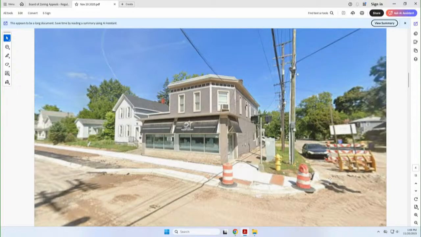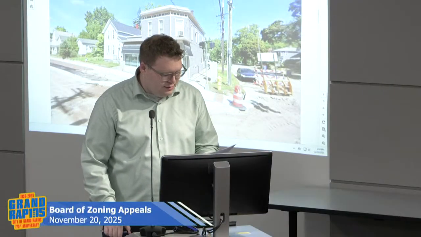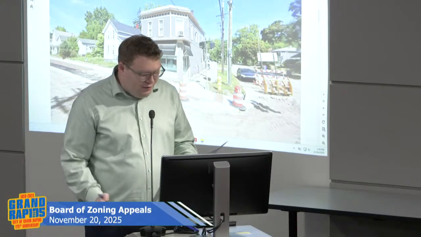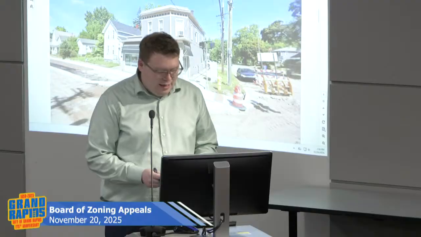To give future flexibility to the space, staff is also recommending approving medical office and retail with this use variance, to give flexibility if the tenant was to change and to avoid the applicant having to come back for a separate use variance. As I stated previously, the second story is an apartment and is proposed to remain in operation.